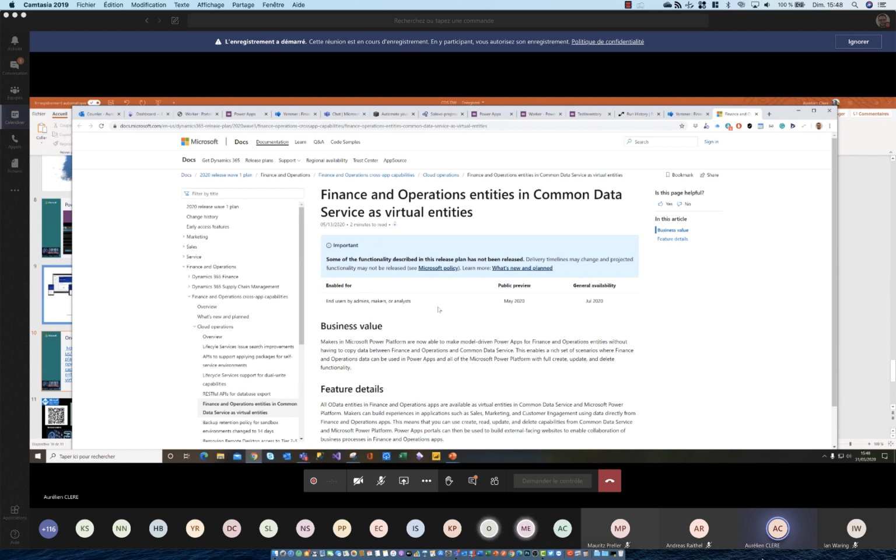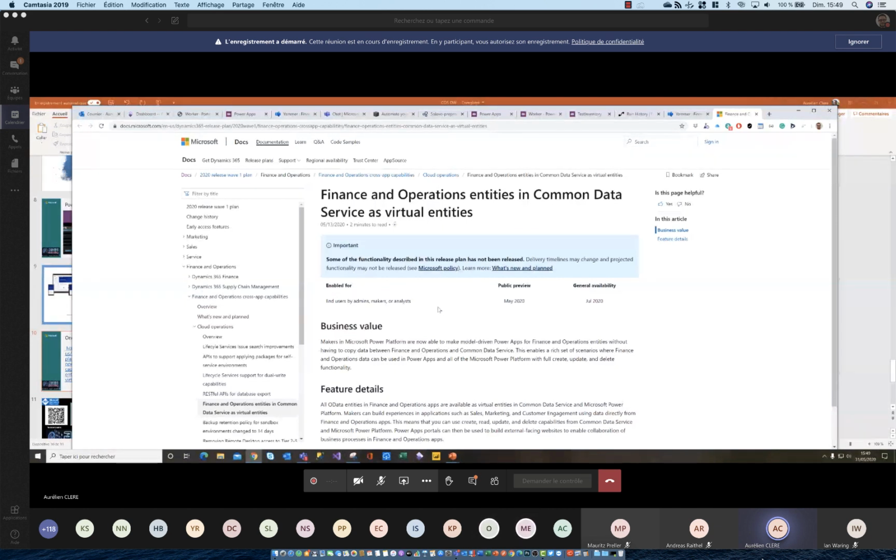They will add the ability to sync your data entities from finance operation to your CDS directly, without CDS dual write, but with virtual entities. So it will not require configuring the CDS dual write that I showed you. I don't know how it will work, of course, because it's still in preview.